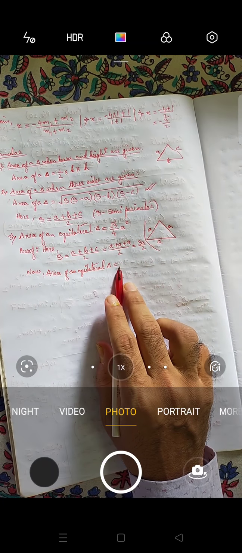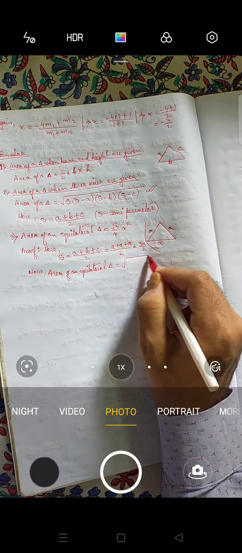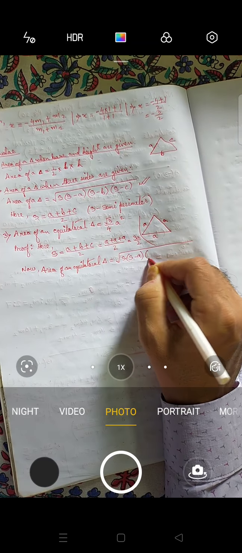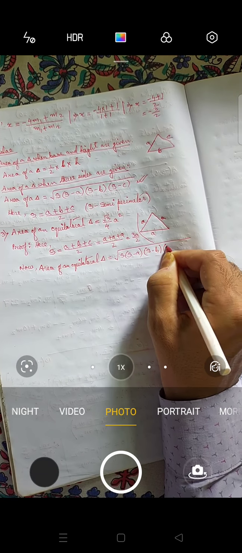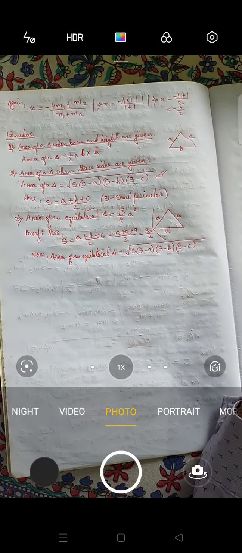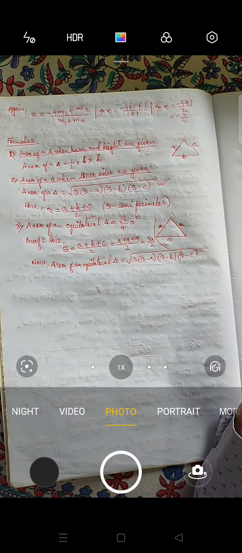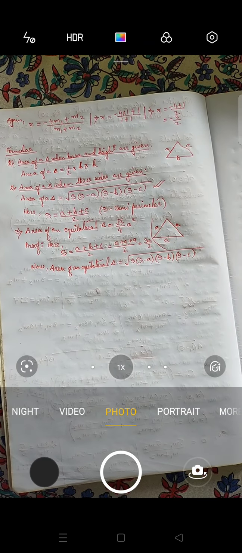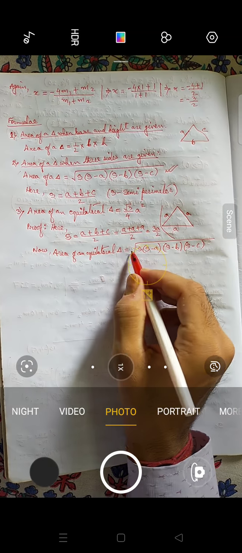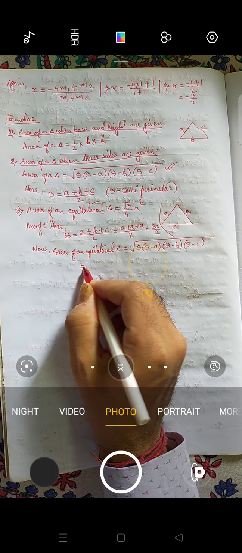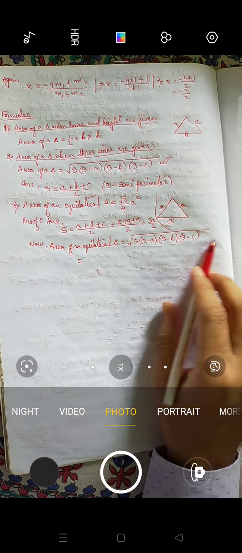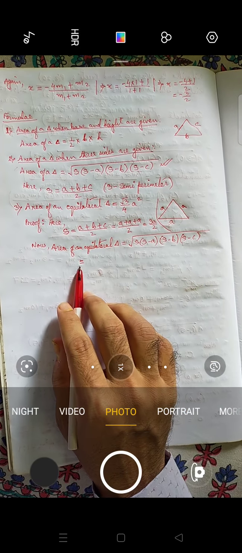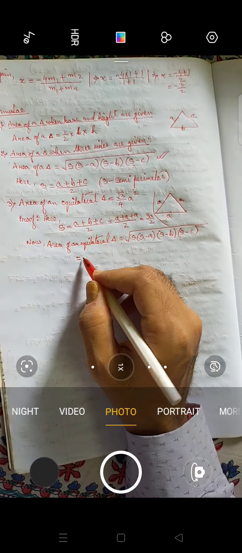So we can't use the formula directly, we will use Heron's formula: root over S into S minus A into S minus B into S minus C. Any doubt? I'm writing this a little bit here. If you have enough space, you can write equal here only, otherwise you can write from here also, but don't start from the beginning. So root over,